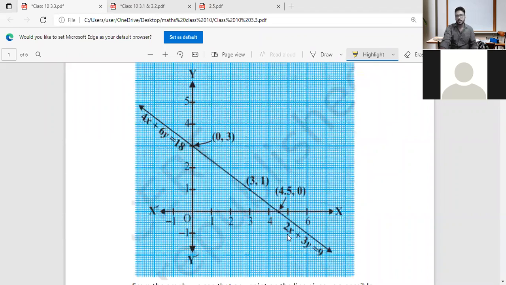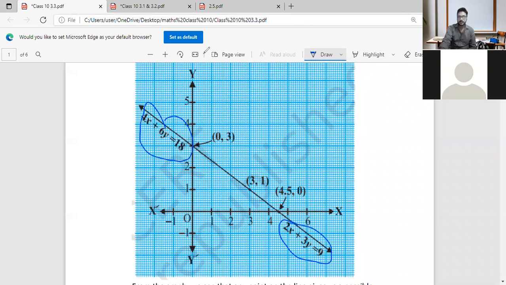In this case, the line 2x plus 3y is equal to 9 is overlapping with the line having this equation. And we want to check how many solutions there are. That's what we want to learn. Clear? So you can clearly see what the solution of such graphs is. The intersecting points are the solutions of these two equations.